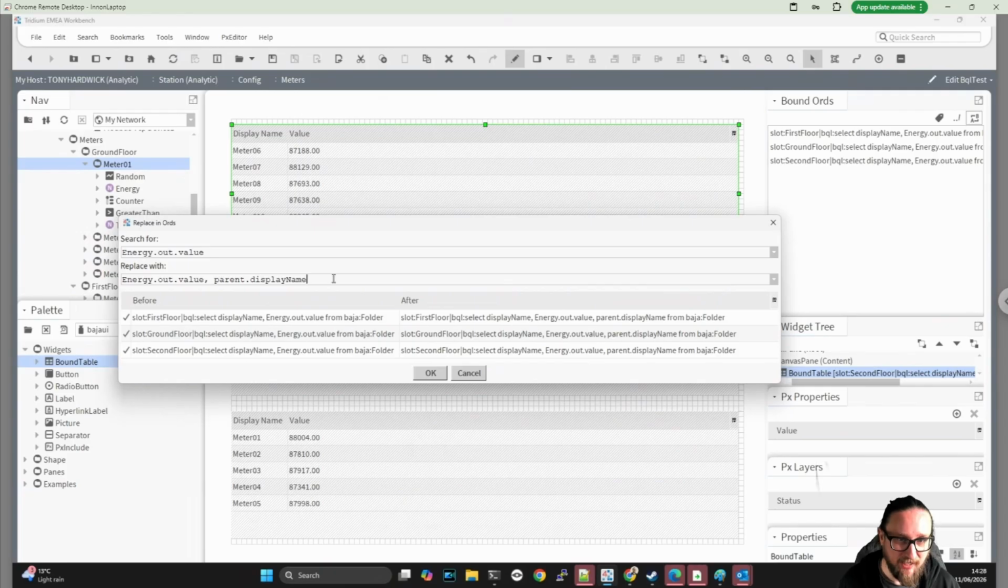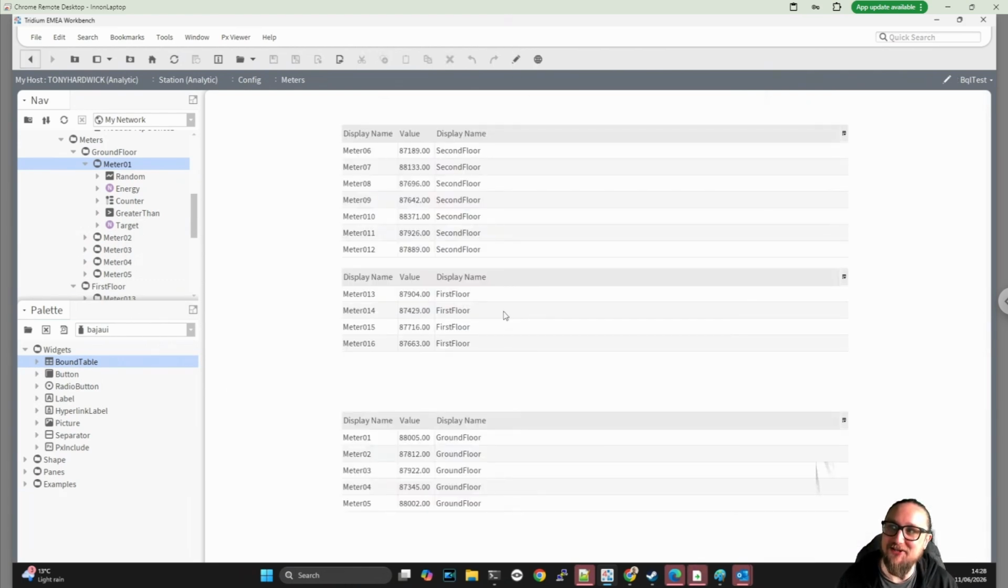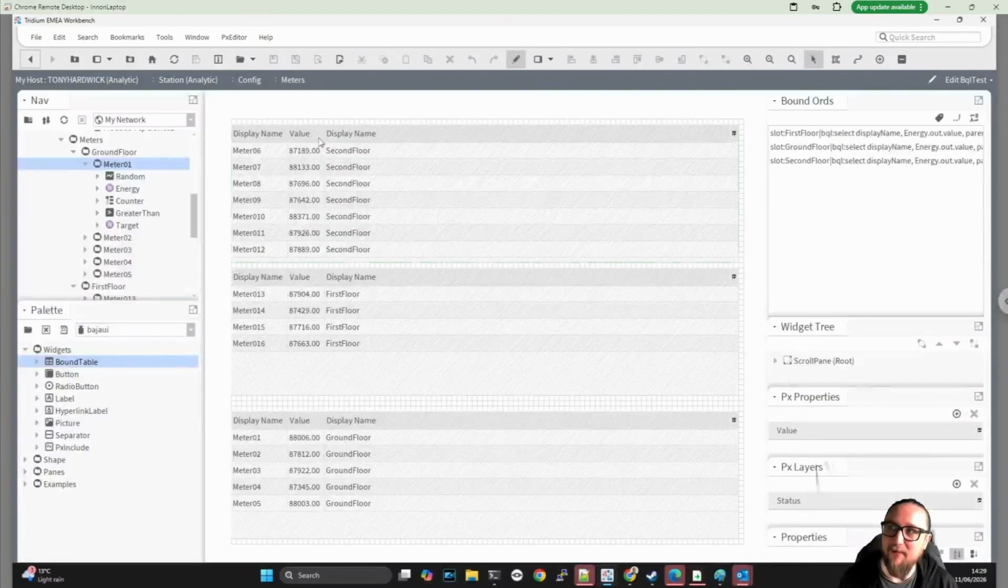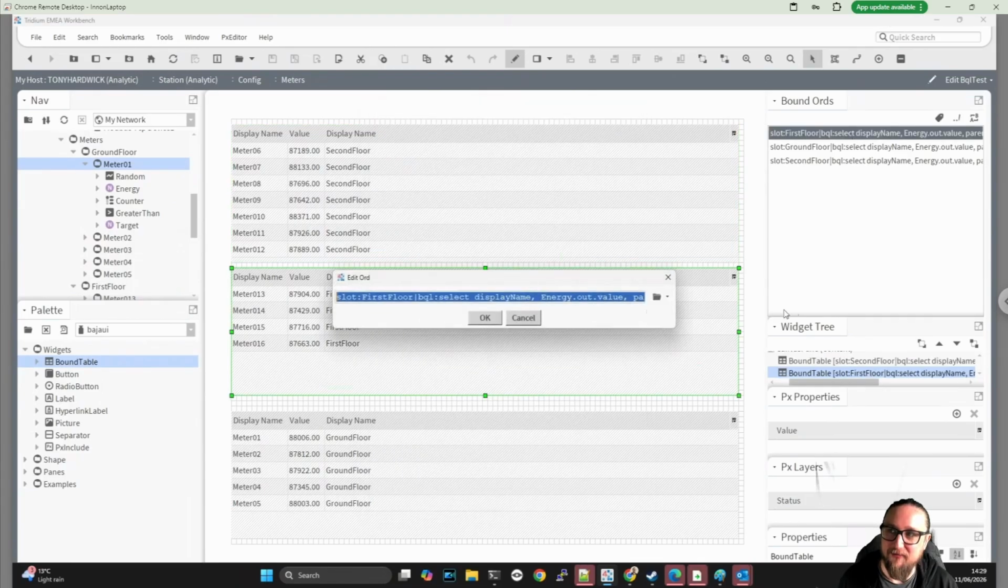As an example, we know that if we go to the parent, we go back up to ground floor and we show the display name and click OK. Now it's a little bit more obvious to somebody looking at this page that these meters are on the second floor. I probably want to change the titles at the top. I can go through here and I'll leave display name, but I'll put in